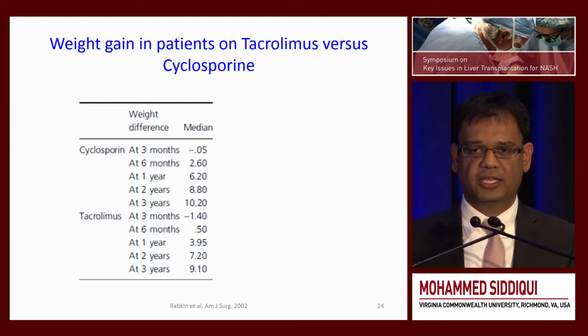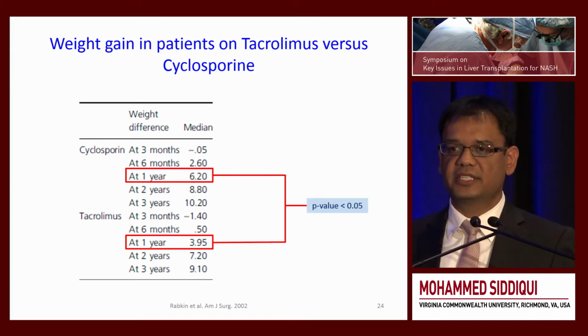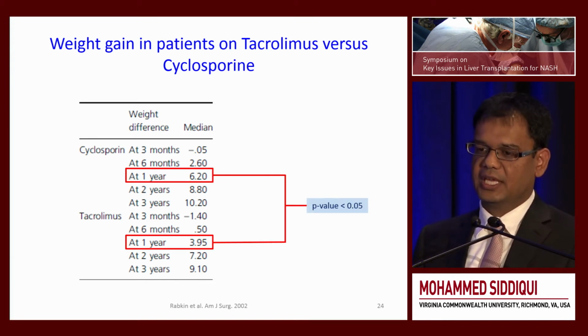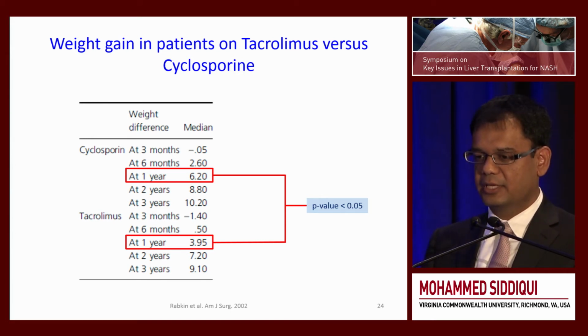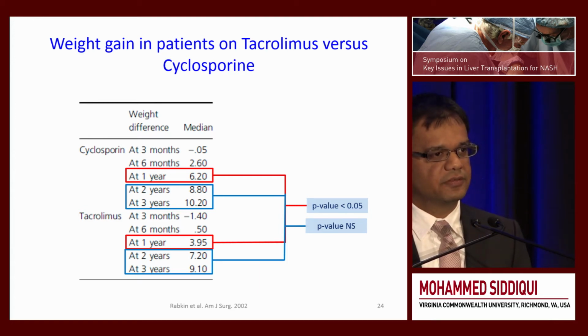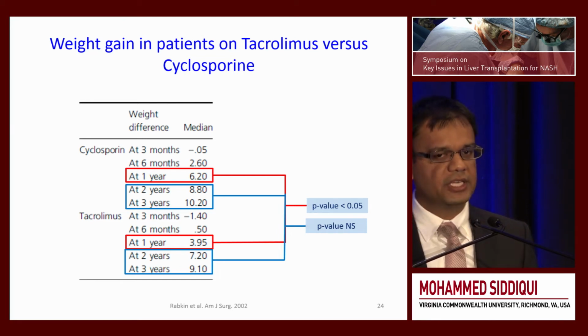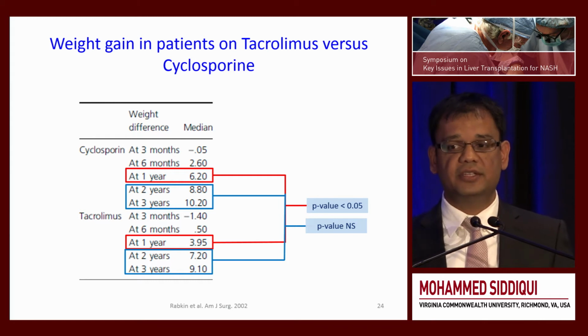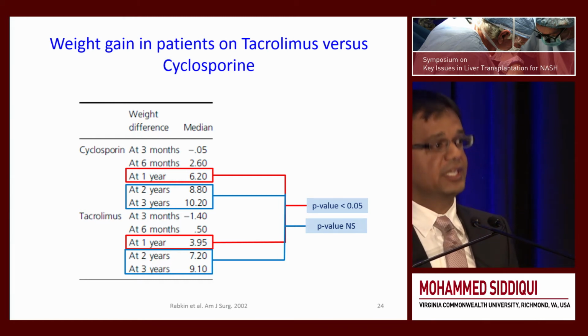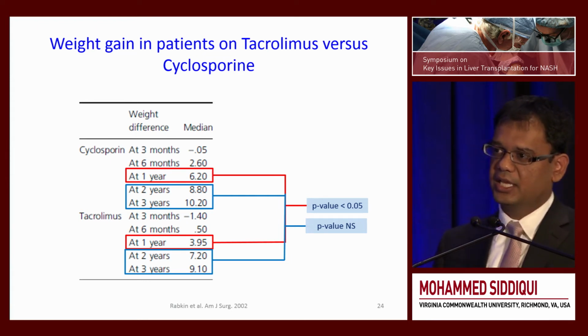What about CNI? Calcineurin inhibitors are the backbone of immunosuppression at this point. And there is a statistically significant difference in weight gain after transplantation in patients who are taking cyclosporin compared to tacrolimus. However, if you look at follow-up at 3 years, there's no statistically significant difference. So it doesn't matter what regimen you're using after 2 years, the weight gain is similar between the two. Now, there are some strategies that have been used that actually reduce weight gain in these patients, and that employs using low-dose CNI coupled with mTOR inhibitors, and the weight gain was less than with full-dose